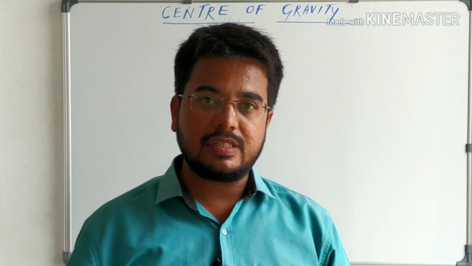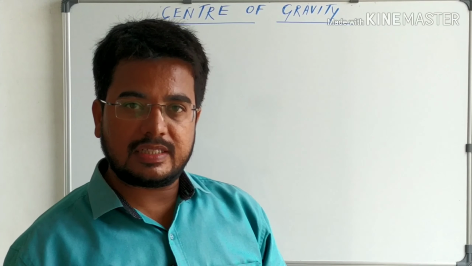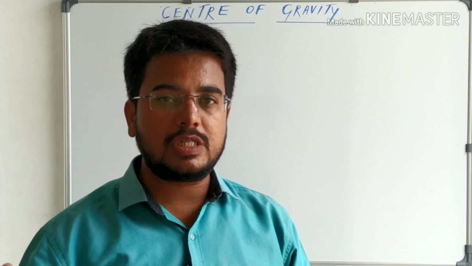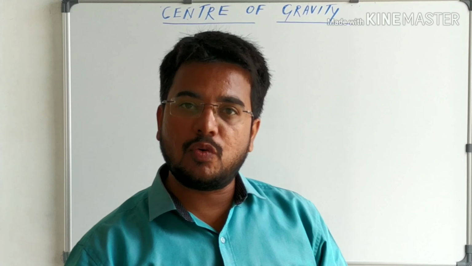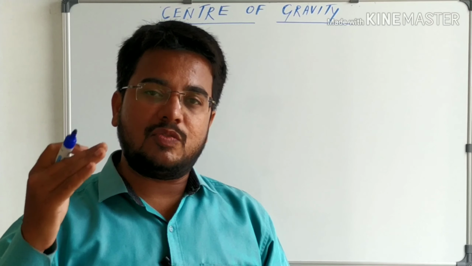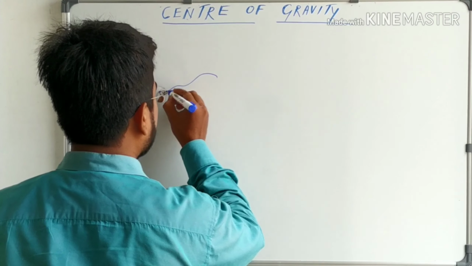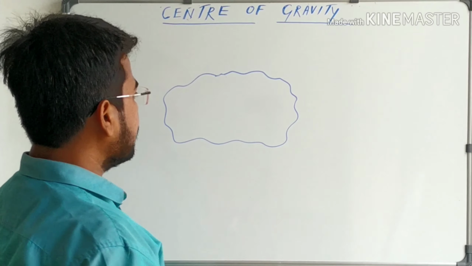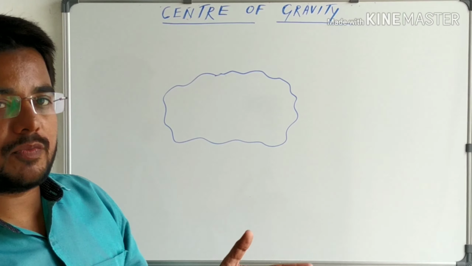In previous classes we studied that the force of gravitation is always attractive in nature, and Earth attracts every single particle towards its center by the force of gravitation, and this force on the particle is known as the weight of the particle. Let's consider a body that contains an uncountable number of particles, say